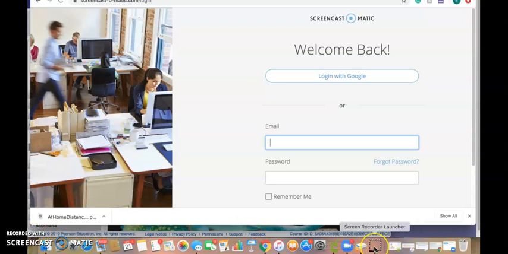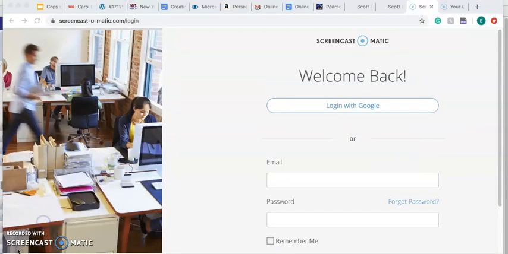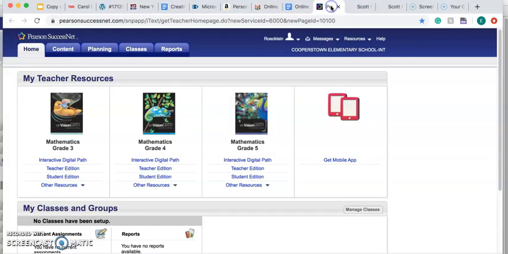Anything inside of this box is going to be shown during your video. So you can actually change the size to show students only what you want to show. Usually I do not show students all of my tabs open, just in case you have something open that you don't want them to see, so I make it small so that it's just the size of the worksheet. Then I go to the Pearson website, and I go into the teacher edition,